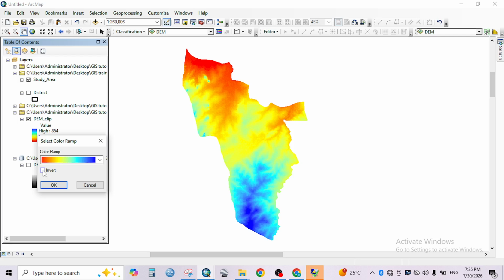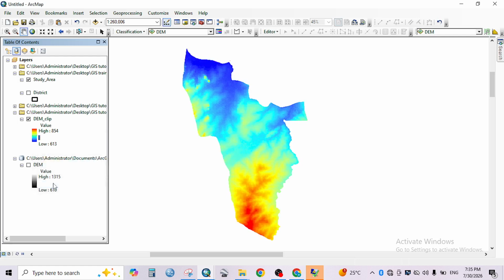So I'm going to invert this. Yes guys, so we're going to say that this area represented by blue colors are low elevation areas, and then maybe the red ones are areas of higher elevation. So otherwise, that is it guys with clipping